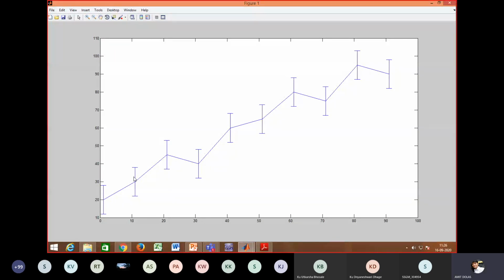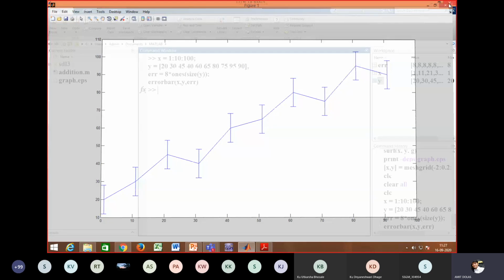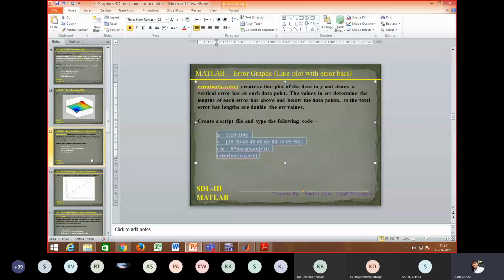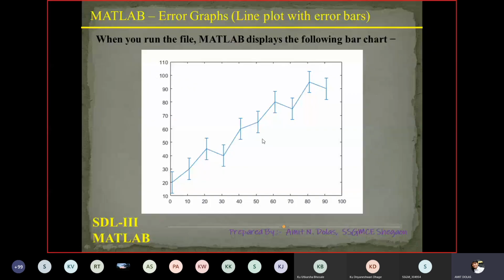This error plot can be plotted vertically, horizontally, or we can apply vertical and horizontal together. So this is how we can have an error plot. This is the output of the given example.